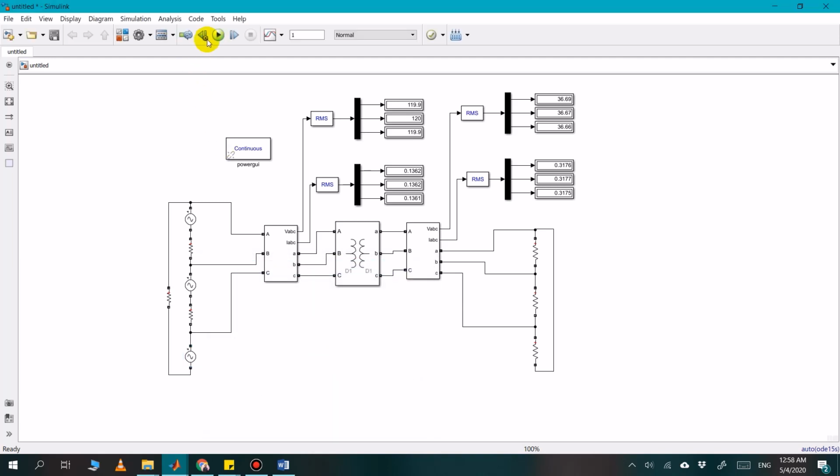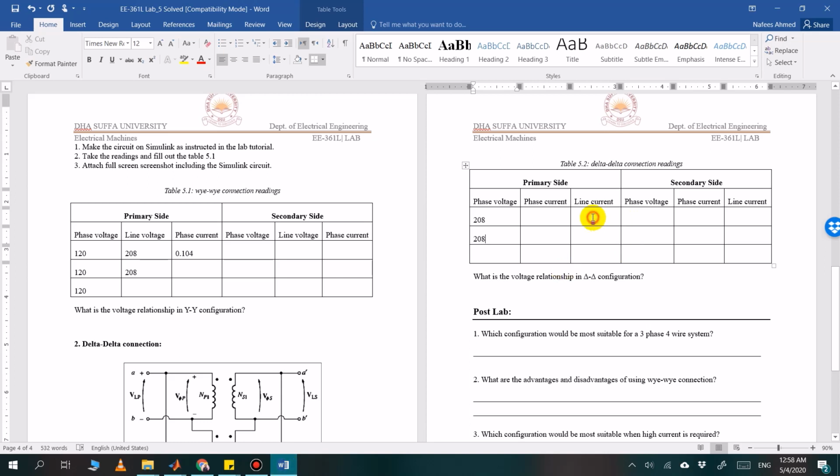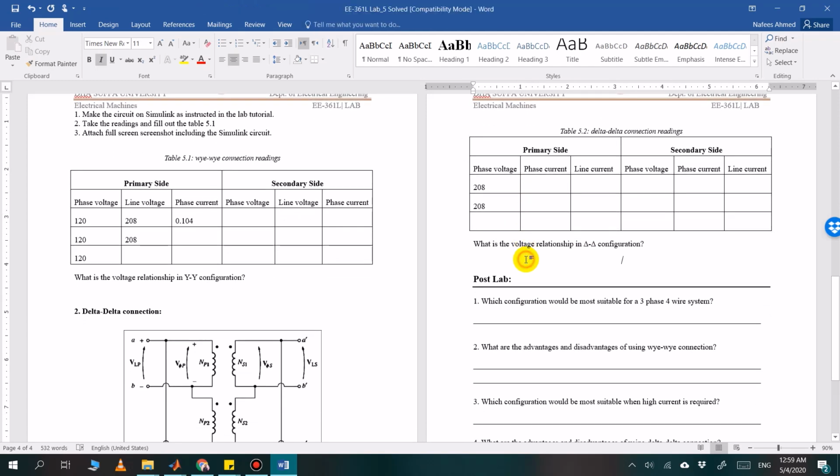So this is the voltage in Y configuration, and this is the corresponding line current. For the phase current, you can divide it by root 3. We are doing this just because we are doing this manually and we don't have the option in Matlab to measure the phase currents. So anyways, this was the Wye-Wye and the Delta-Delta configuration. We have different line and phase currents, but the same voltage. So find out the delta-delta configuration voltage relationship. This voltage relationship is basically